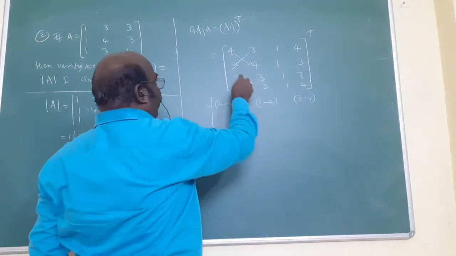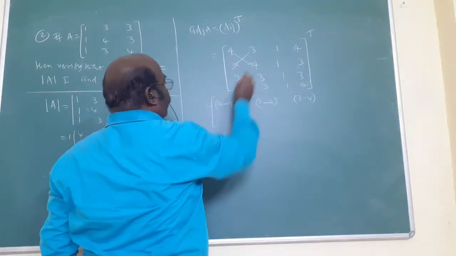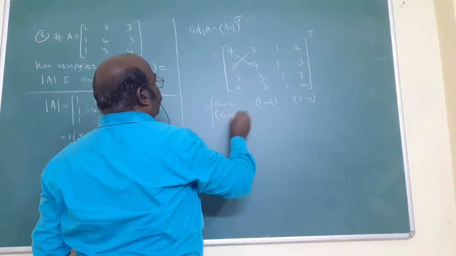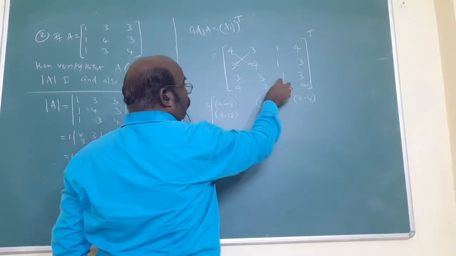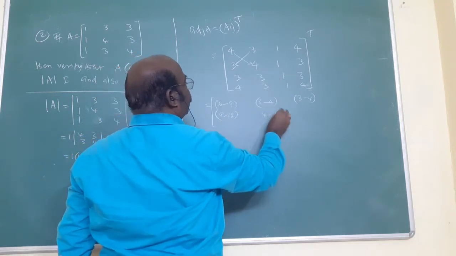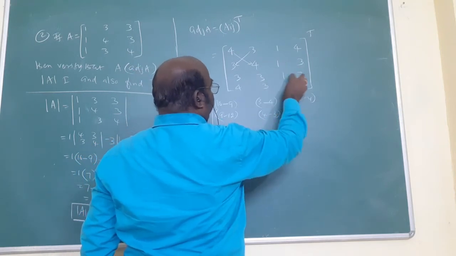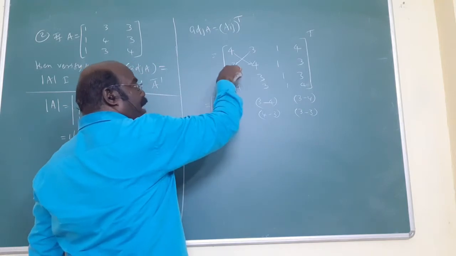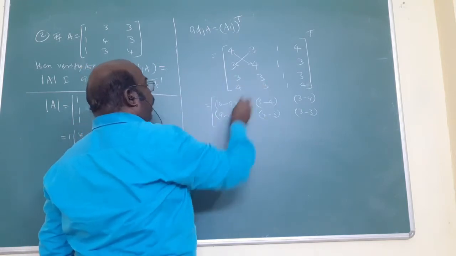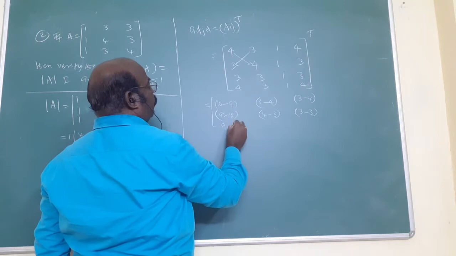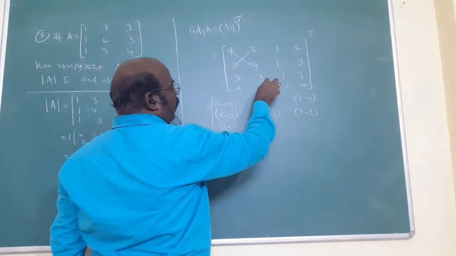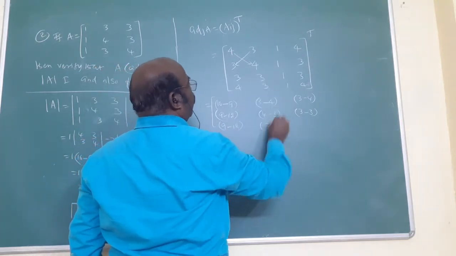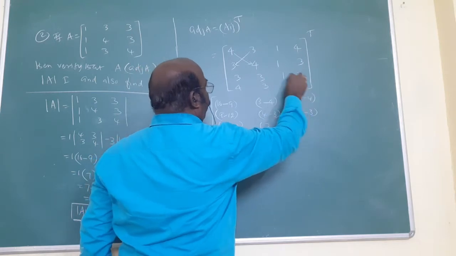Next, the same thing. Next, 3 3s are 9, minus 1. Next, 1 4 is 4, minus. Next, 1 3 is 3, minus. Consider the first element, cross multiply, then the next element. 3 3s are 9, 12. Here, 3 ones are 3, minus. Am I right? 3 minus. 1 4 is 4, minus.